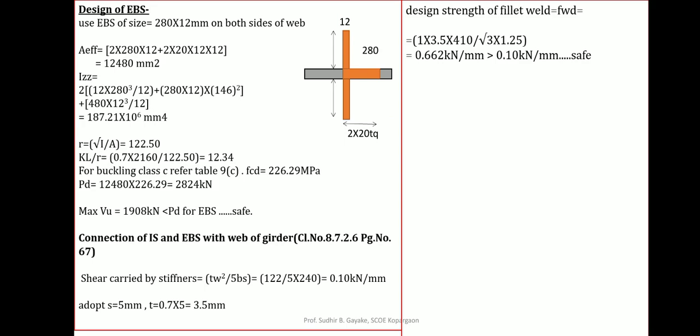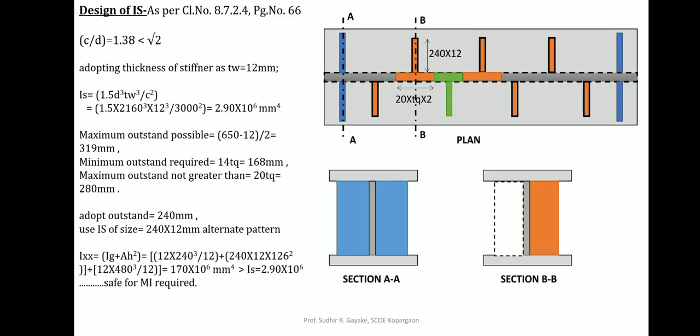Now in the previous video, in case number 1 video, we have seen the connection between your flange and web. For this calculation we are going to see the connection between your stiffener portion and your web portion. So the connection of intermediate stiffeners and end bearing stiffener with the web of the girder. A separate clause is given, clause number 8726 on page number 67. So the shear carried by your stiffener formula is tw square divided by 5bs. So this bs is nothing but the portion covered by your stiffeners. So here for this EBS it is 280, for IS it is 240, for IS it is 240, that is